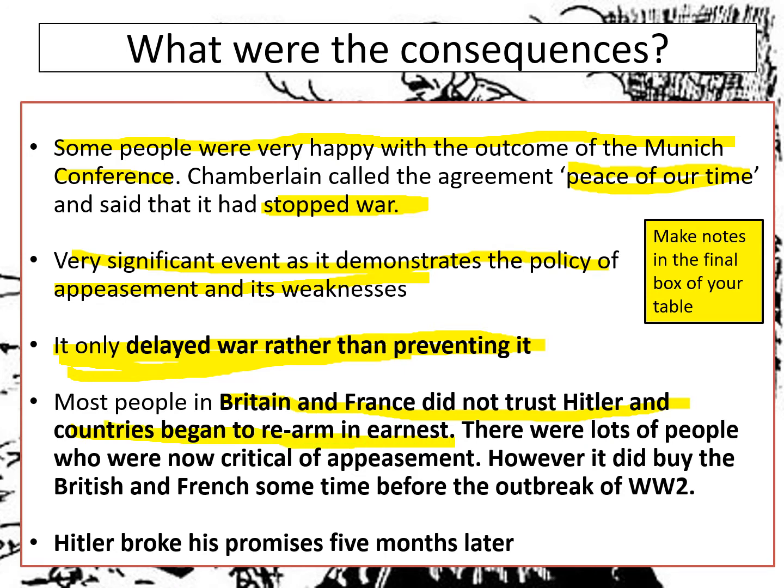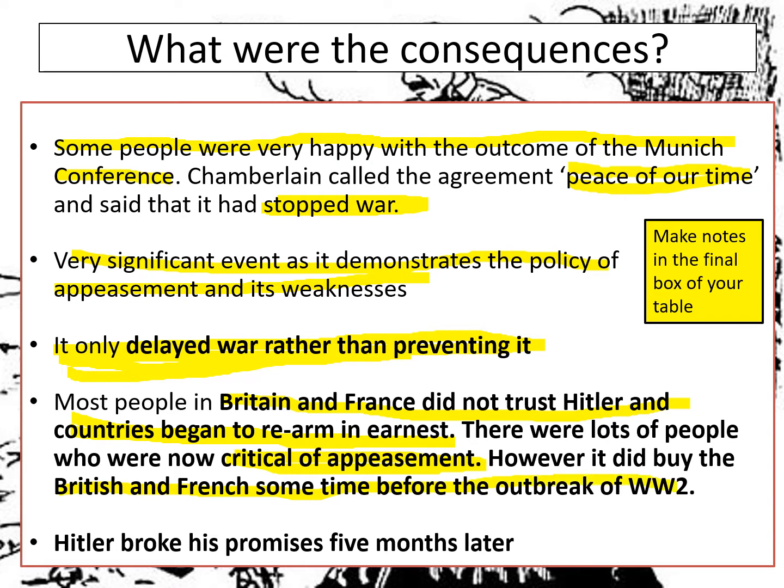More and more people started to become critical of appeasement. They said, we've allowed Hitler to become too strong too quickly. And, that it was really Britain and France's fault for allowing him to become big and strong. Maybe they should have stopped him when he started rearming, or when he tried to remilitarise the Rhineland, or he took over Austria. But what it did do was buy the British and French some time.